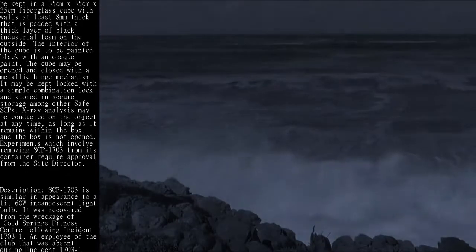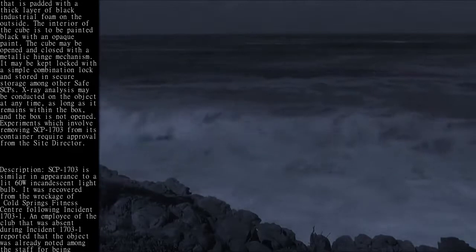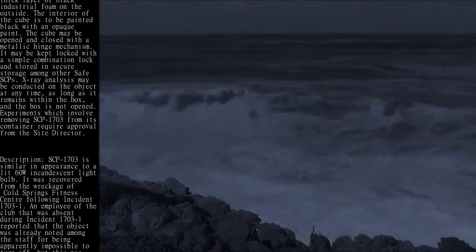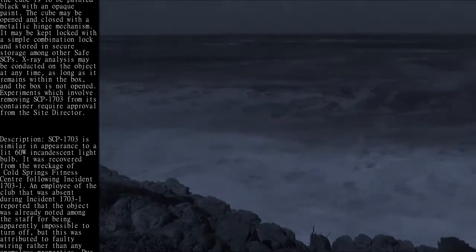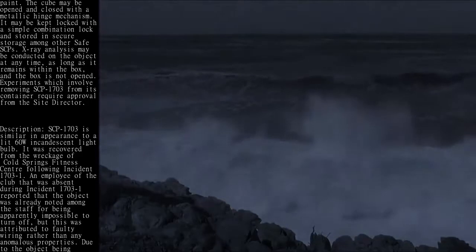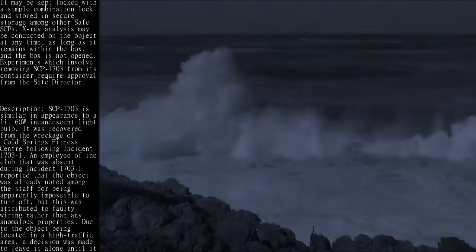Description: SCP-1703 is similar in appearance to a lit 60W incandescent light bulb. It was recovered from the wreckage of Cold Springs Fitness Center following Incident 1703-1. An employee of the club that was absent during Incident